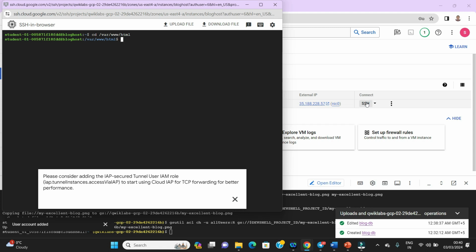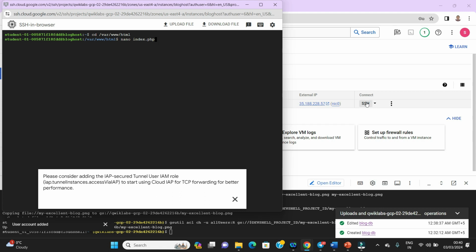Now we are going to create our default page. We will use the editor with the command nano, and we are going to make our index page, index.php. PHP is already installed in our machine.